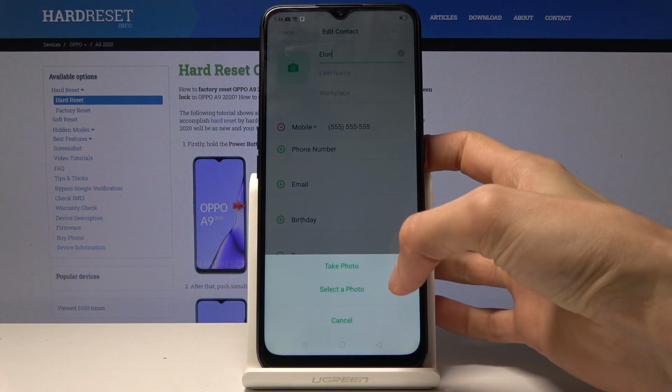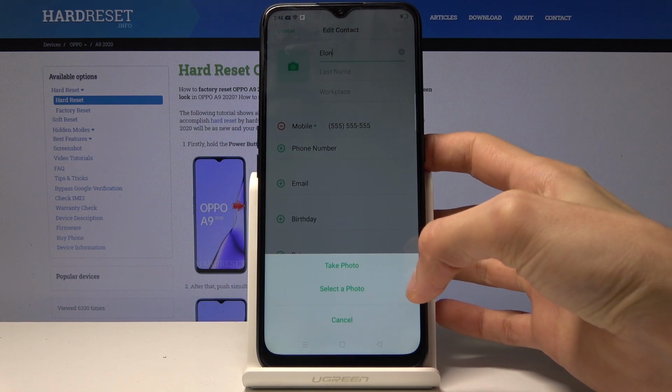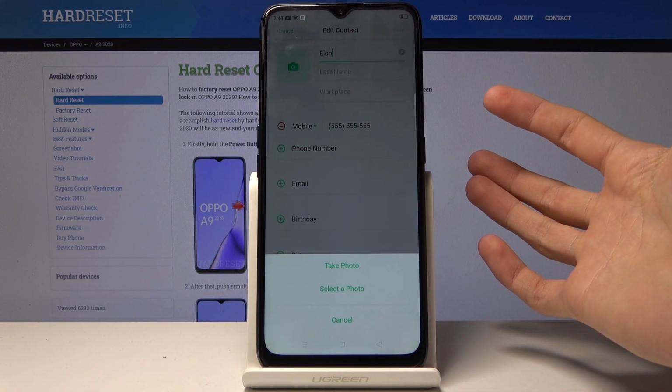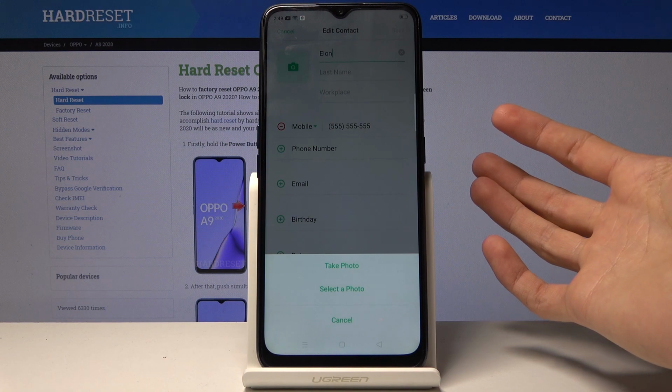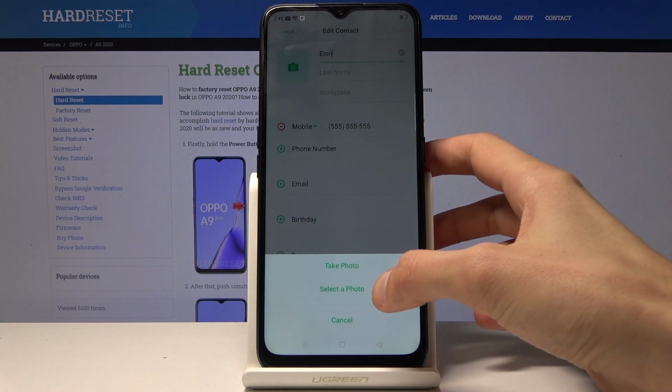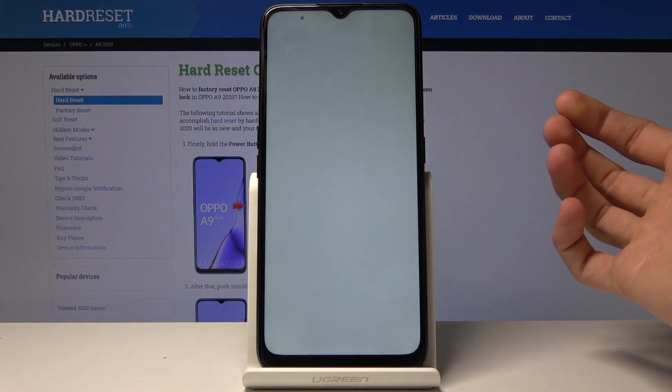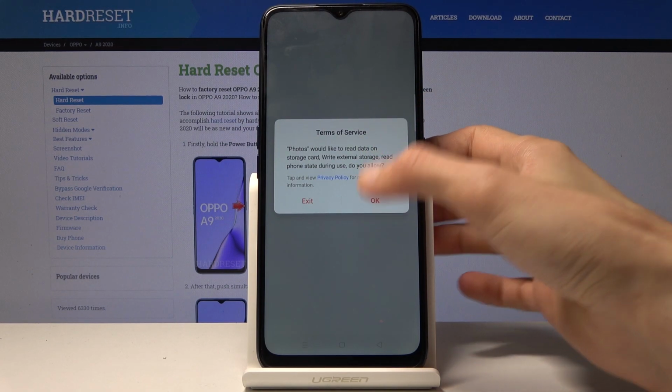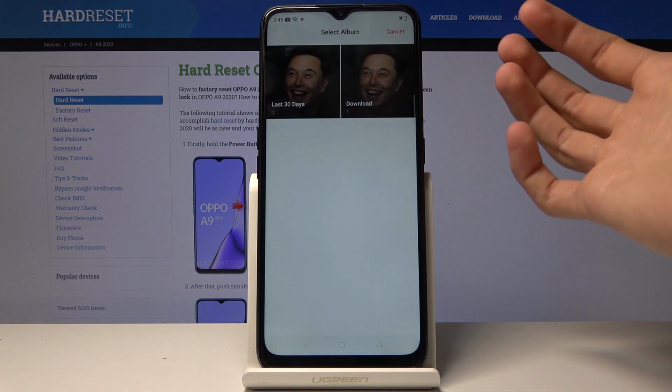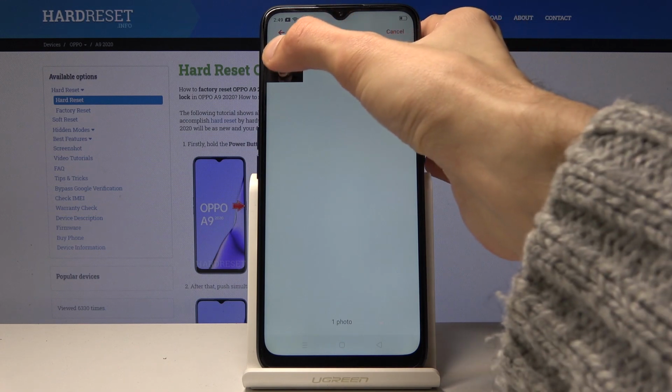couple options. You can either take a photo or select a photo. Taking will basically open up the camera app and you can use it to capture a photo of someone, or select a photo will take you to your album where you can actually choose a photo from ones that you already have. So here I'm gonna go choose a photo,